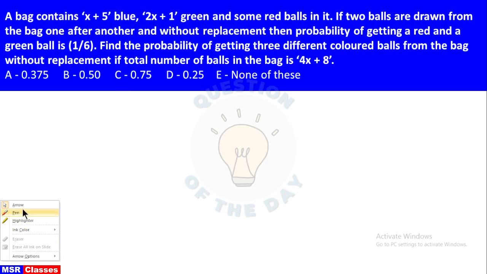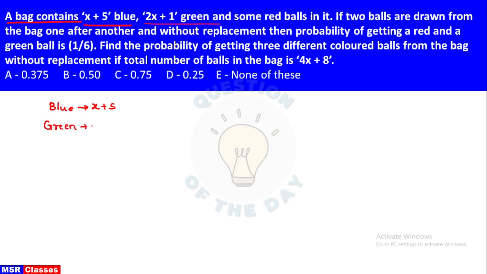Here we are provided with a bag that contains x plus 5 blue balls. Blue balls are x plus 5. 2x plus 1 green balls. Green balls are 2x plus 1. Next, some red balls. There are some red balls. If two balls are drawn from the bag, one after the other without replacement, the probability of getting a